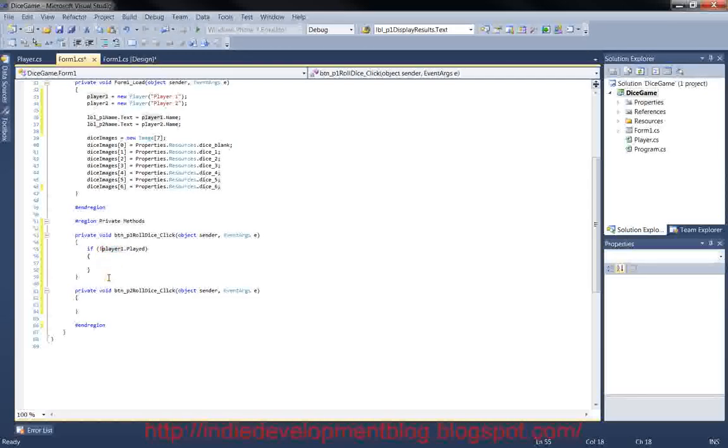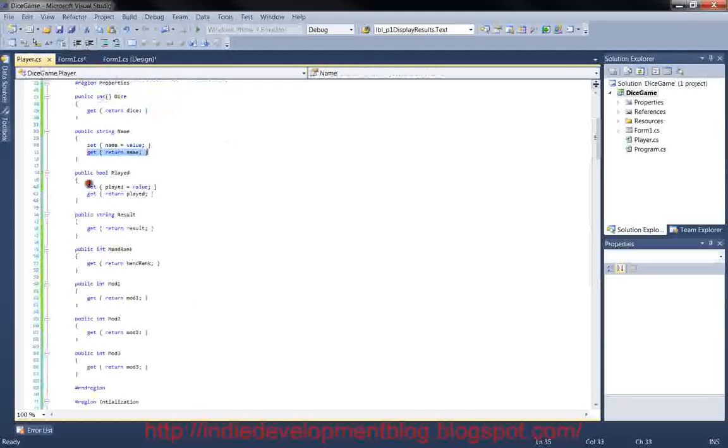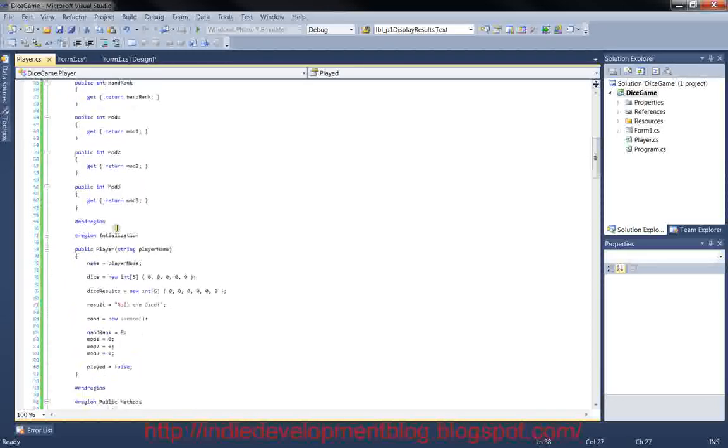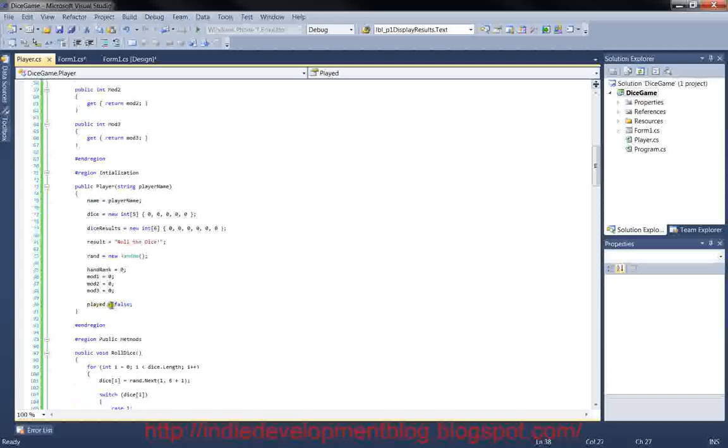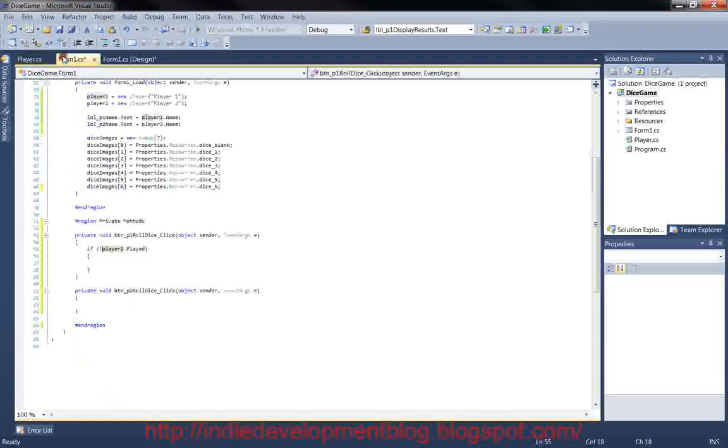So if we want to check if it was true, we just take that off, and now if this returns true, then we would go into the if statement. So if player 1 not played, as you can see here, we're returning played, do that, and when the player is first made, it's automatically set to false. So they haven't played yet,